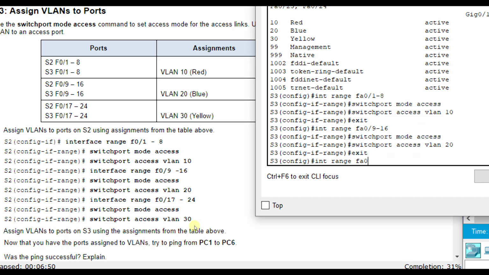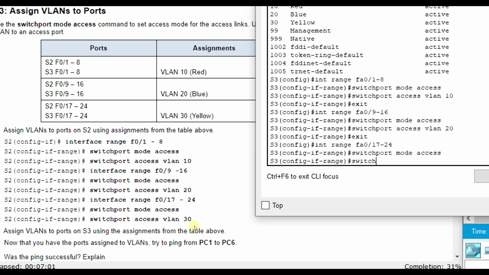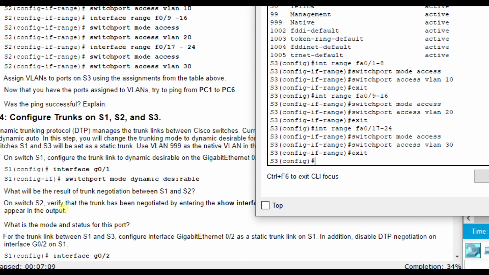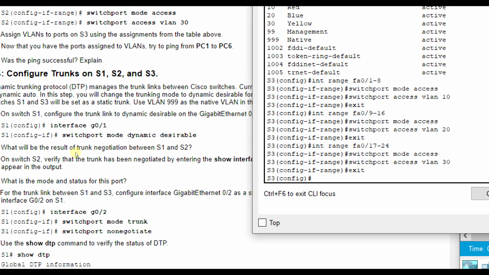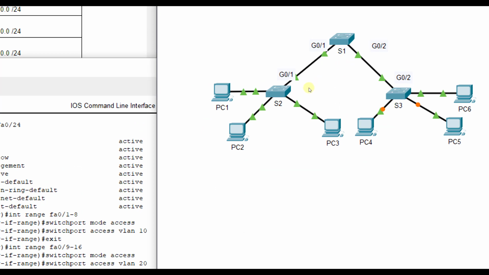interface range FA0/17 through 24, switchport mode access, switchport access VLAN 30. All right. So now that we've got that, we're going to configure the trunk links between S1 and S2. Now again, those are these here between S1 and S2, S1 G0/1 to G0/1, and S1 to S3, G0/2